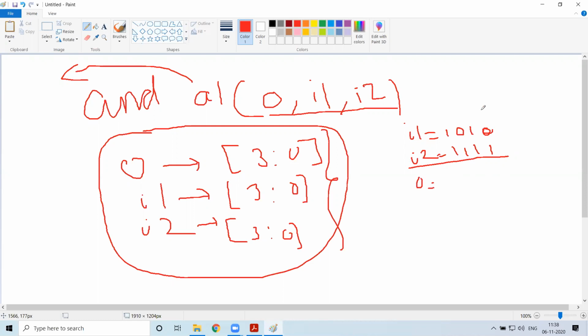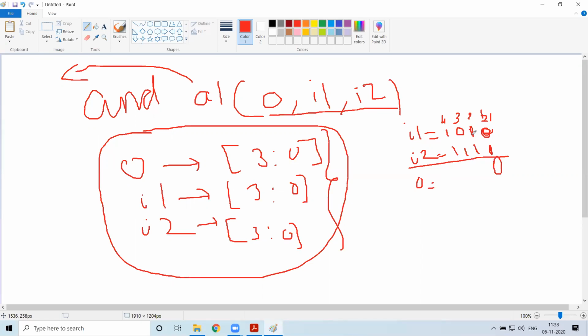How will I be ANDing this bit with its relevant bit in I2? The least significant bit with the least significant bit, then the next bit with the next bit. If I call them bit 1, bit 2, bit 3, and bit 4, then bit 1 of I1 should be ANDed with bit 1 of I2, and in that case you'll be getting bit 1 of the output.